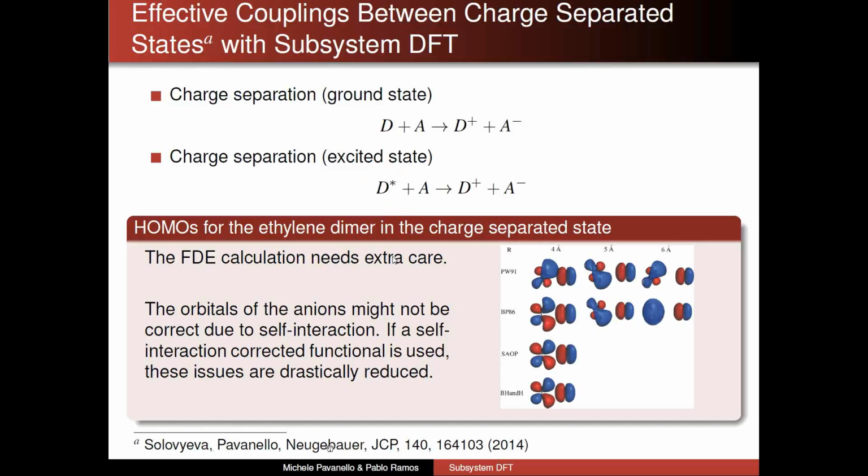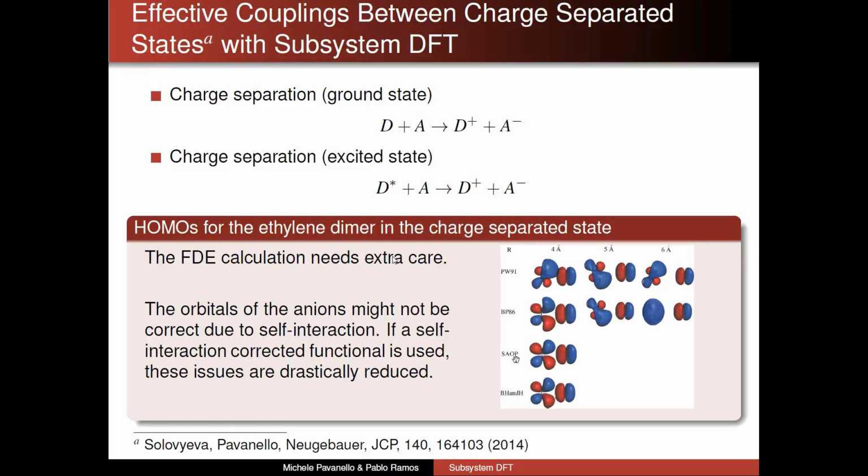This was done by Alisa in Johannes's group, using delta SCF for the FDE calculation of this subsystem, and then regular SCF for the acceptor subsystem, and then using this trick of running the FDE calculation with a different number of electrons for D and for A for generating the final states. And this actually yielded quite reliable couplings and excitation energies, provided that one uses a self-interaction corrected functional. That can either be a hybrid functional, such as BHandH, or a model potential, such as the SAOP